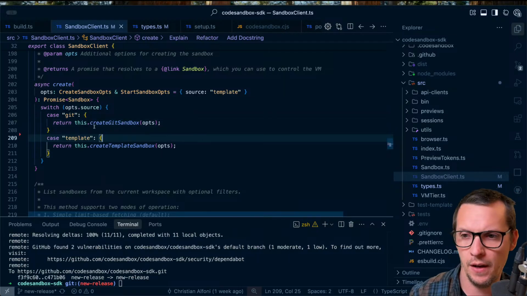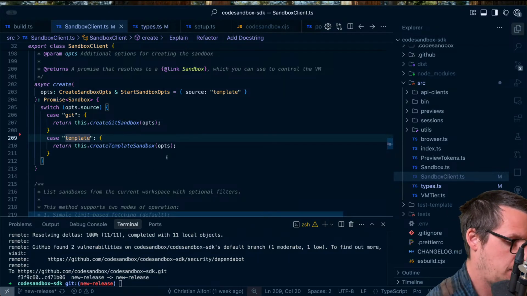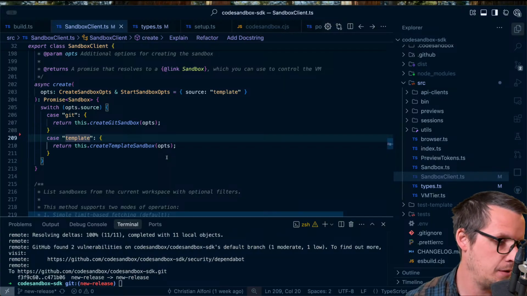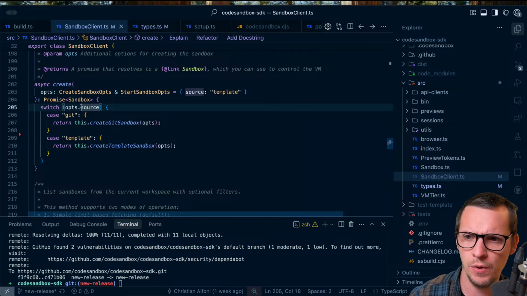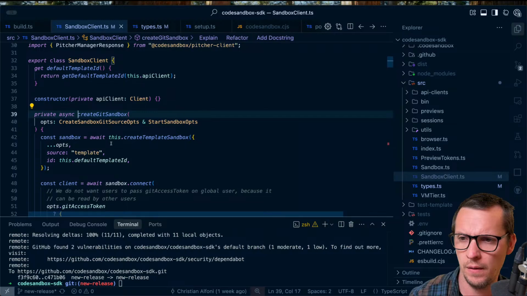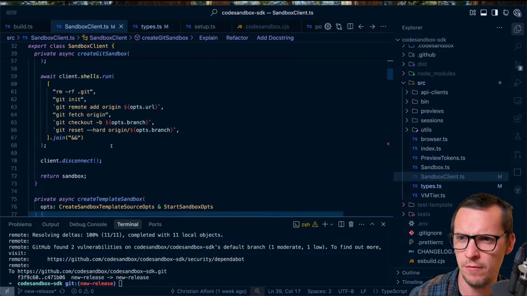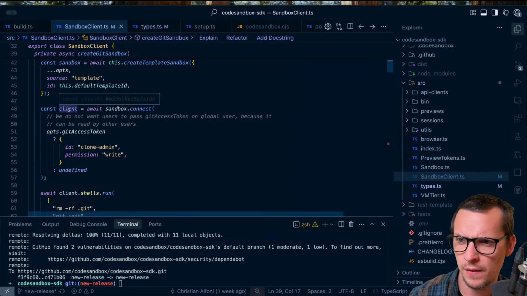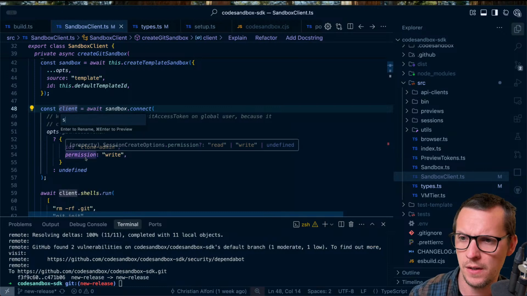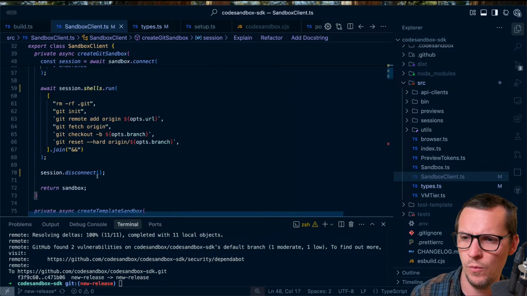Okay, sorry about that. So we're gonna remove that. I'm gonna ignore that conversation because I'm gonna get stuck in it. So one thing we're gonna do for the Git Sandbox is that we're actually running, so this isn't the client, this is actually a session. And what we're gonna do